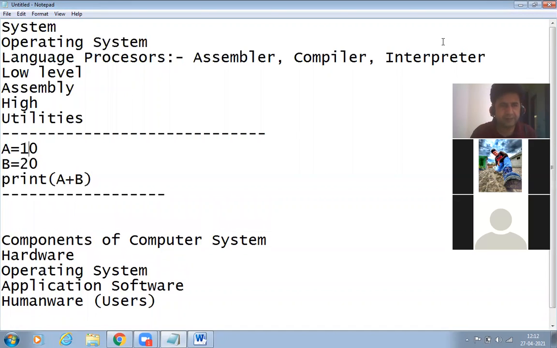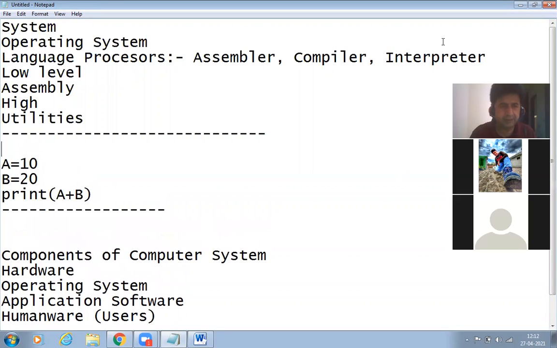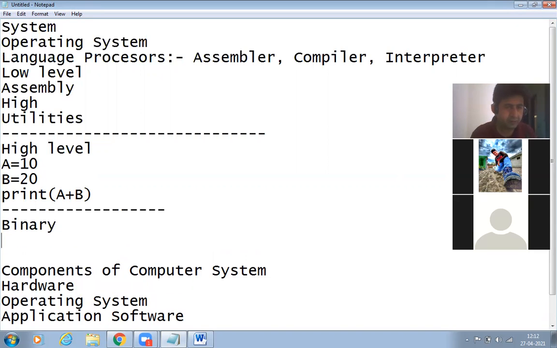I am comparing these different types of languages, high level and binary. In the binary language, the coding will be in the shape of 0 1. For example, for a is equal to, there will be a code in the shape of 0 1, then equal to 10. So the code of 10 may be like this.